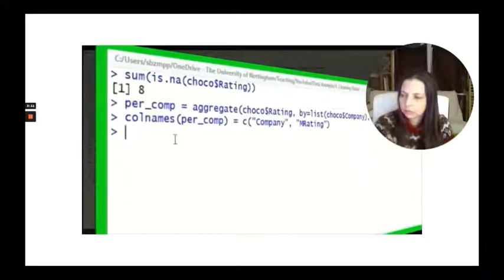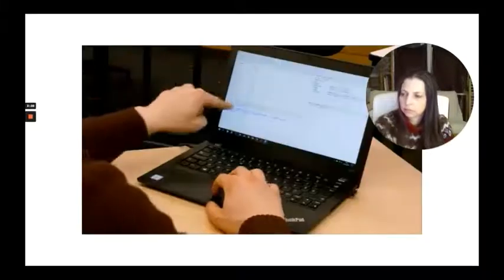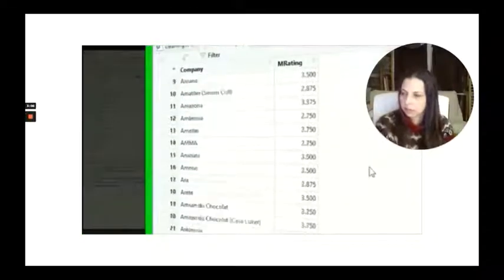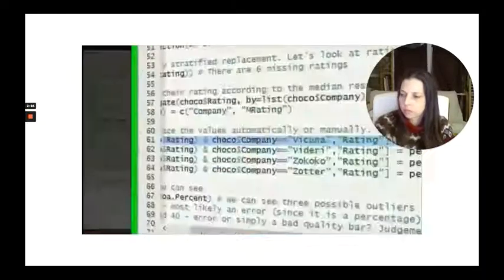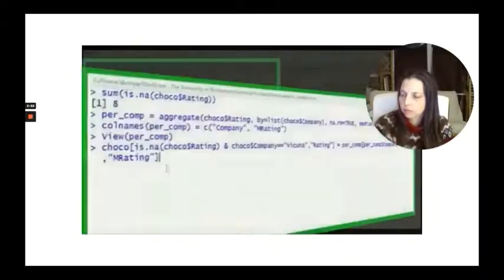And so now our per company table, if we look at it, is each company and the median rating of chocolate bar from, I think, 1 to 5, which I think is what this data set is going. So now we know that data per company, we can actually fill those in. Now you could automate this process, but we don't have much missing data, so let's just show an example of doing it by hand. So this is the line of code we're going to do, and I'll talk through it.